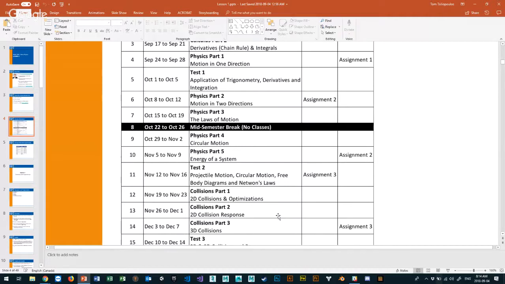So there's collision detection: okay, I got hit. And then collision response: okay, now what happens, right? So do I bounce back? Do I fall? What happens? Do I just disintegrate? So that's collisions. And even though it says there's 3 weeks for collisions, I might move one of the physics pieces together to give you an extra week.